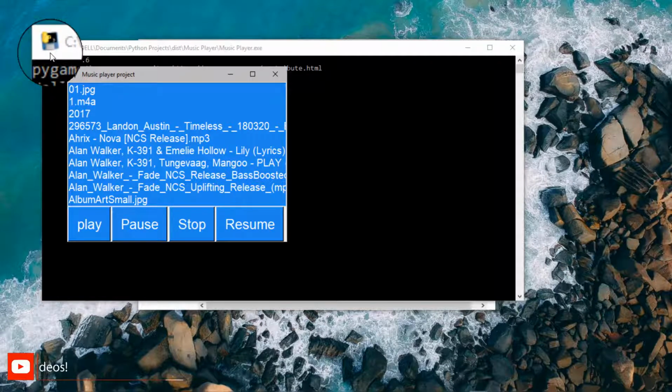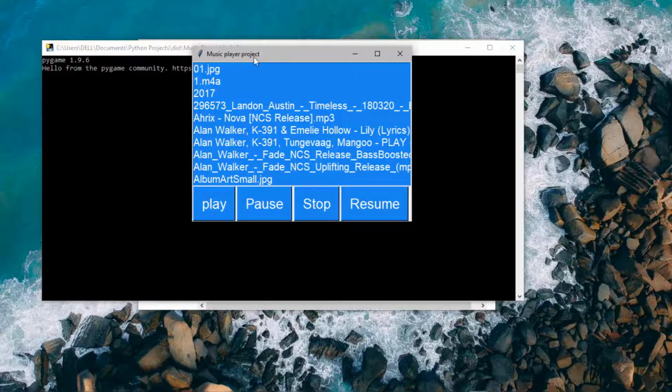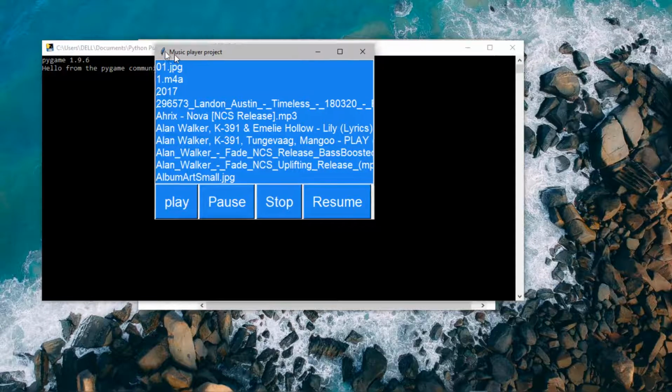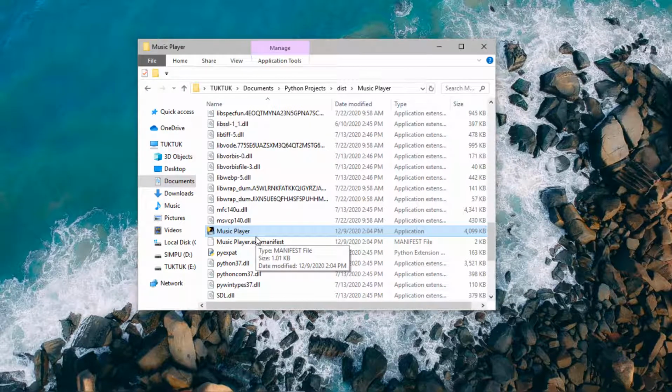And well, I created this on my Mac, so it has been a great deal to create it again on my PC. So we have this amazing nice front end, and you can just play, pause, this kind of thing. This is in exe format, so it is easier to open it on any other PC, or you can share this file directly with your friend.